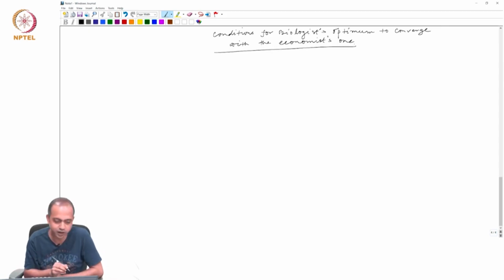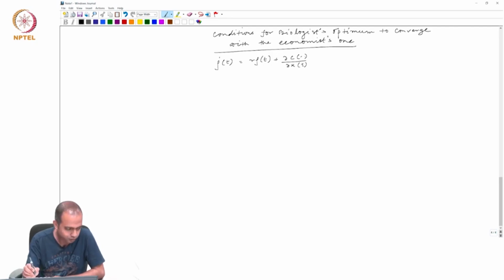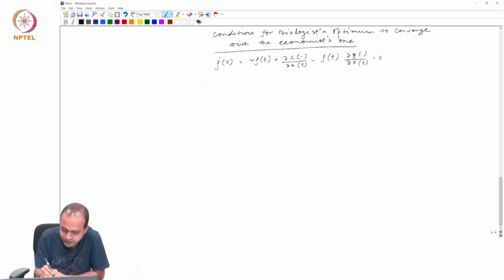And how we will derive the condition? Same steady state equilibrium: rho dot T equals R into rho T plus del C dot del xt minus rho T into del G dot del xt equals 0. Let us assume